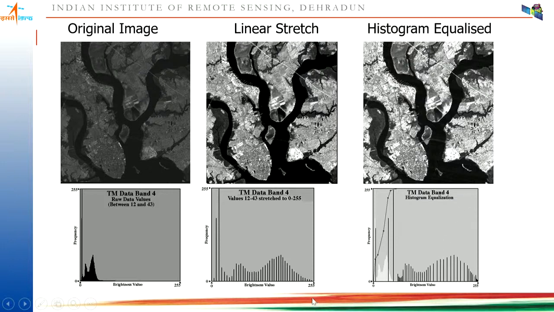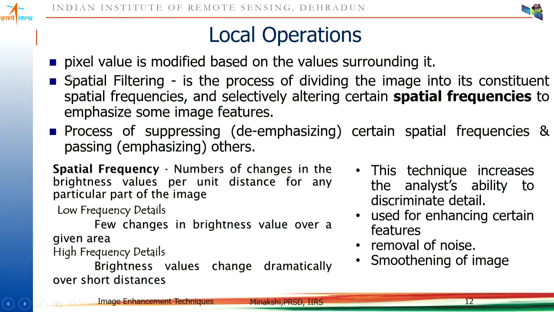Histogram equalization increases the contrast in the most populated range. So the brighter areas you see, they become brighter, and the contrast between the dark and the bright portion has increased. So this is the comparison of radiometric enhancement, for contrast enhancement, linear and non-linear contrast enhancement techniques. Okay. Now with this we have covered the first enhancement type, that is point operations or contrast enhancements or radiometric enhancement.